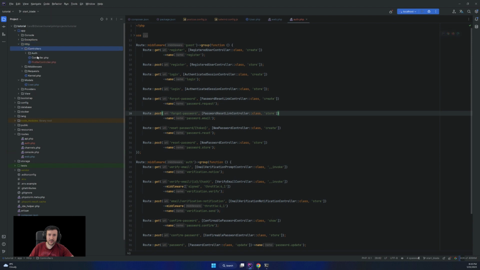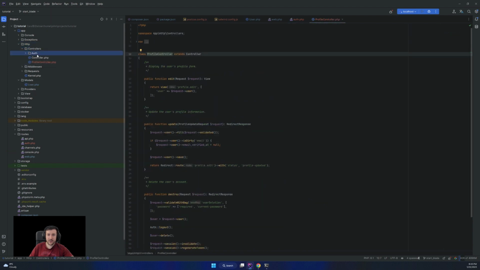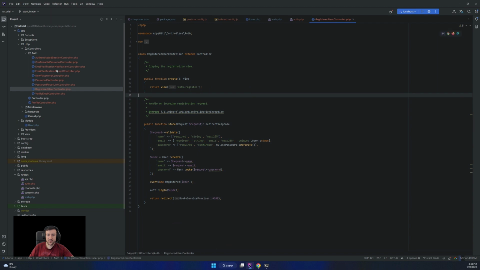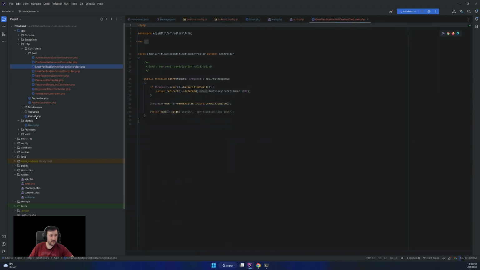So in the controllers we have the profile controller and all the routes for authentication. So we have all of that out of the box.